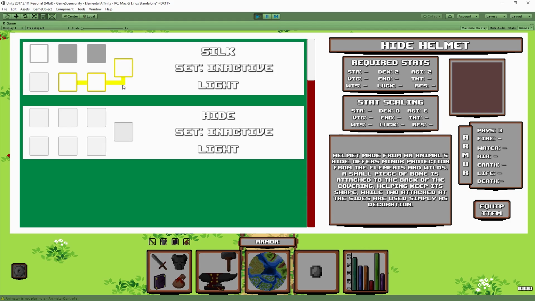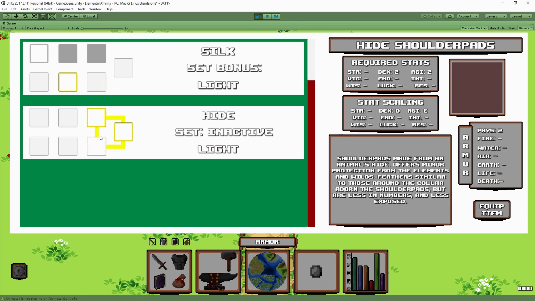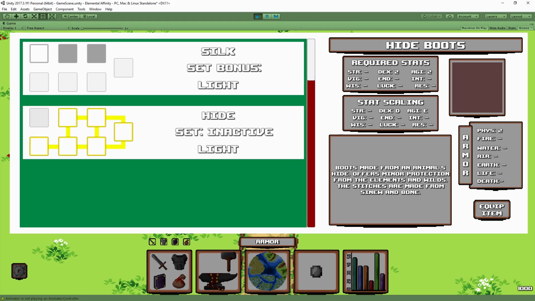But as you can see up here, this little highlight around the button signifies that you have that piece equipped, and then this connection is actually showing which pieces you have equipped in conjunction with each other. The point of that, I will show here, so if I equip the helmet of the hide, it switches over to the hide from the silk, and anything that you change switches over. These highlights function so that you can very quickly see which items in the set you have equipped, and then once you have all of them equipped, it shows that the